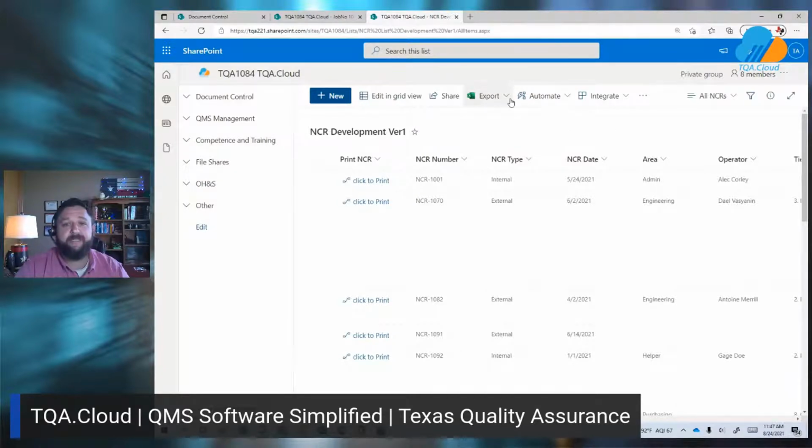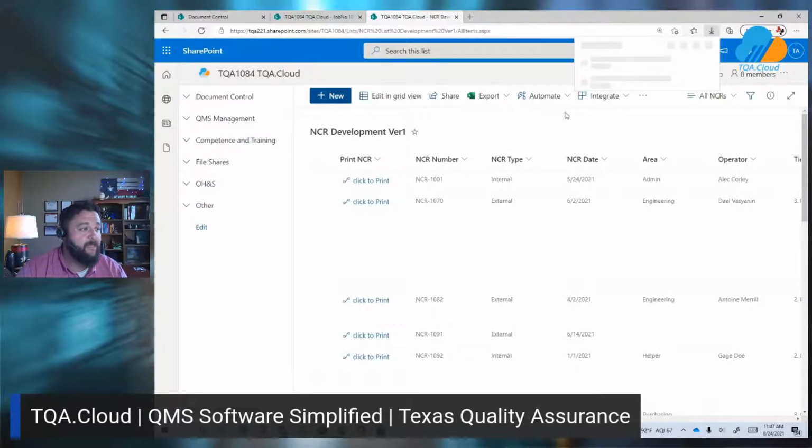We can take anything within the system and we can go ahead and export it straight to a CSV or a query file. So let's go ahead and open this up real quick. Even better, if we export it with a query, it's going to maintain that data connection to the system. So each time something is updated within the system, you get that live automatic update. So all of the data in your Excel is still going to be up to date with what's in the system. Even better, it is a one-way ticket. So what I mean by that is data can flow into your spreadsheet, but cannot flow from your spreadsheet back up into the system.